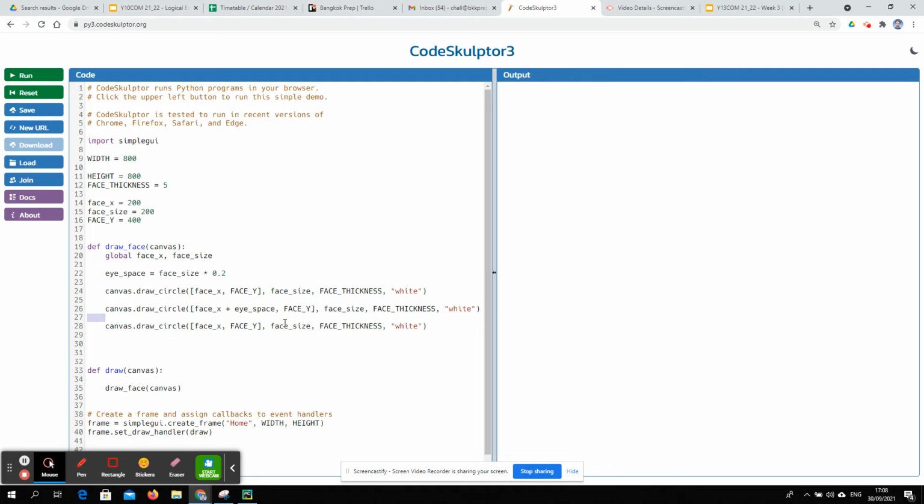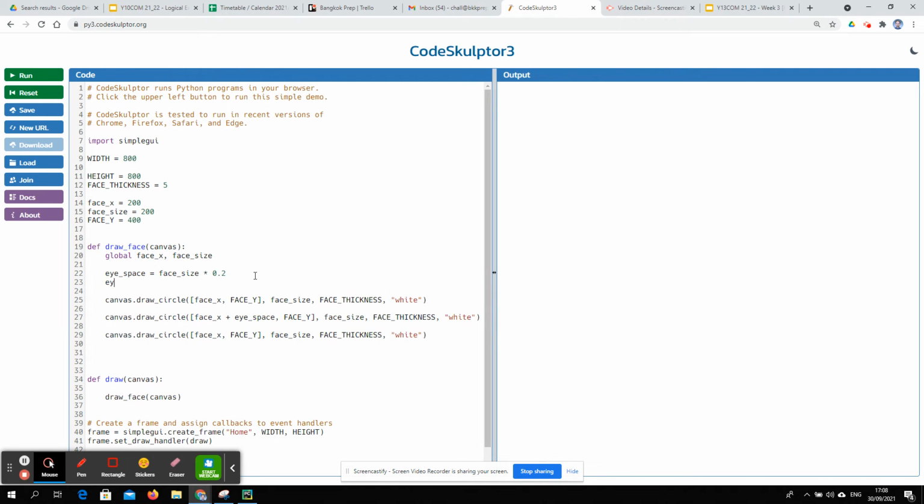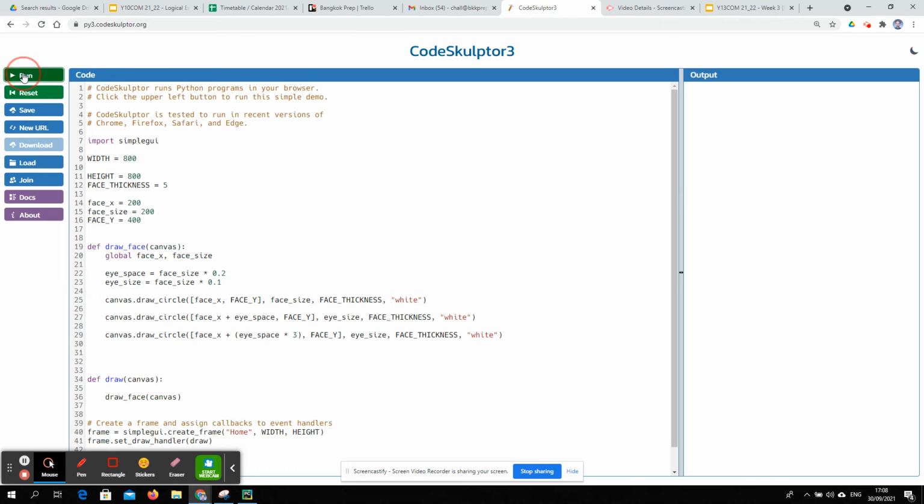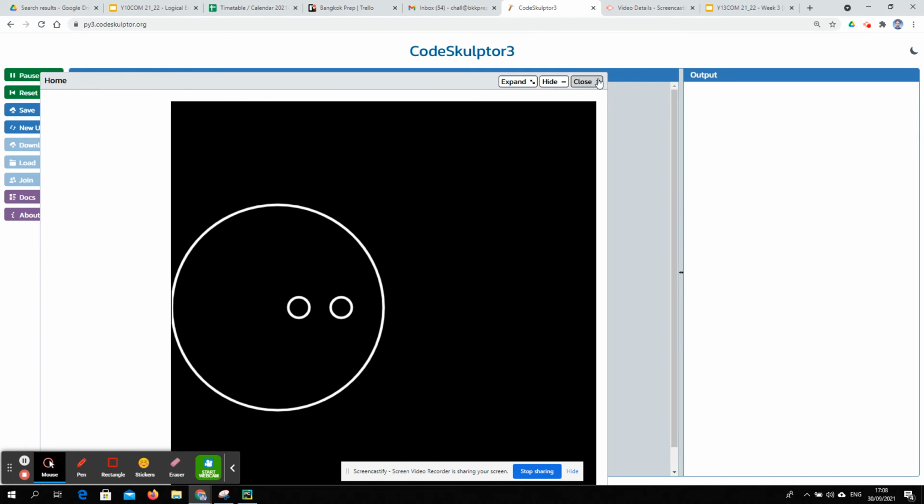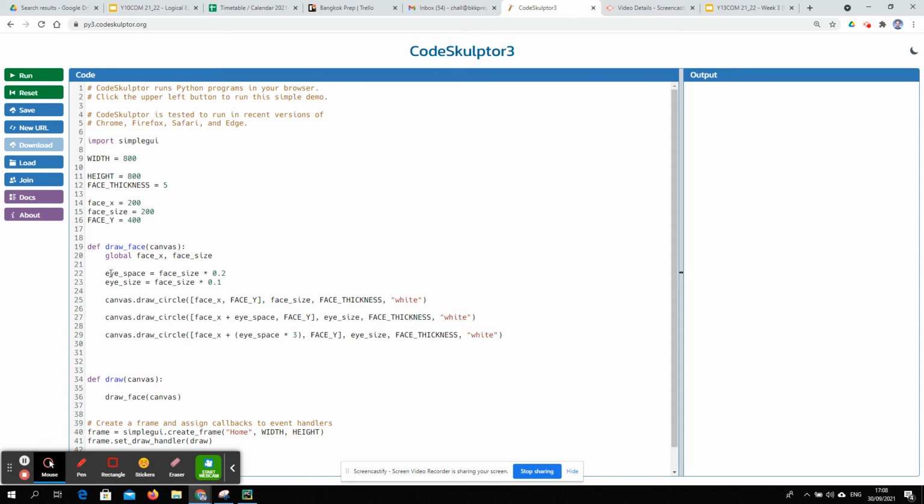So let's also use the eye size. Let's say that the size of the eye is going to be 10% of the size of the face. This one, we always want the second eye to be 3 times as far as the other eye, something like that. So then what I should be able to do is change only the reference point variables,